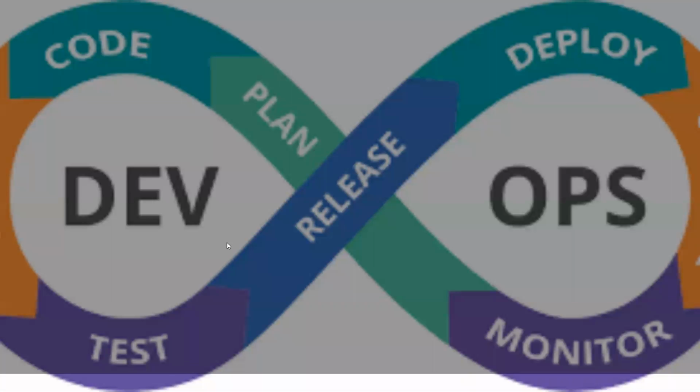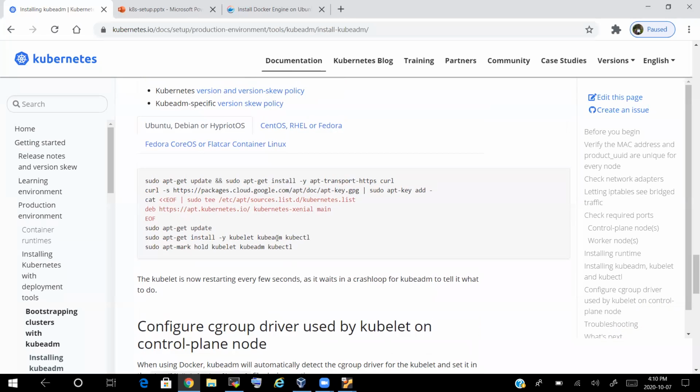Before that, I want to explain the purpose of these three packages. If you go back to the documentation, we have kubelet, kubeadm, and kubectl. kubectl is the package specific to running the client operations on a Kubernetes cluster. If you want to interact with Kubernetes, you have to have the kubectl command. If you want the kubectl command to be there, you need to install the kubectl package. As simple as it is.